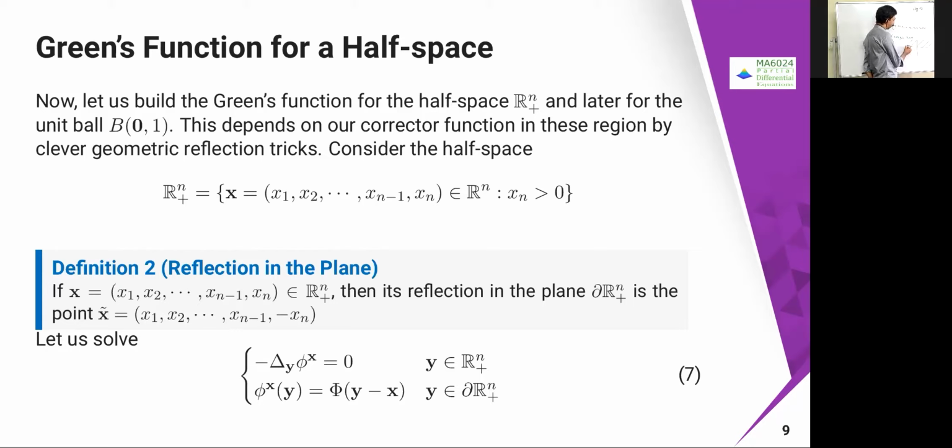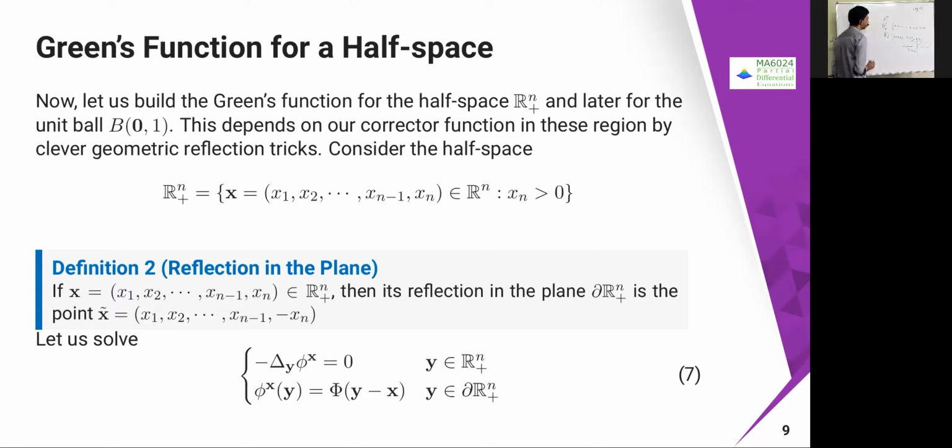If I reflect it over here, whatever I have here, with the minus put in, is going to come over. So if I take some x over here, then the corresponding reflection is going to be x. So this is x1 comma x2. Then the mirror, the reflection with respect to this line, is going to be x1 comma minus x2. So this is x1 and this is minus x2. That is nothing but my x2 value.